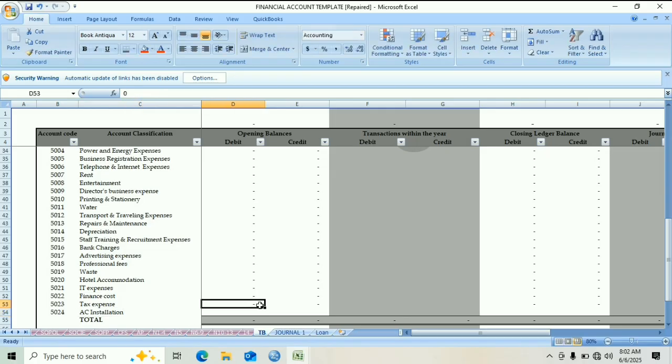So that is what we are going to do. There is no dash here. So let's just copy it. Let's just draw it down, so that it won't affect the formula. Okay, so now AC installation is